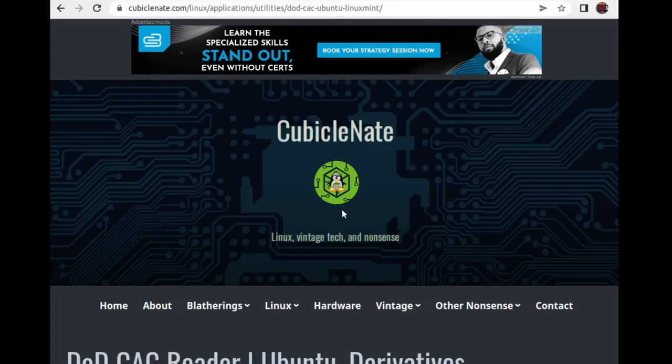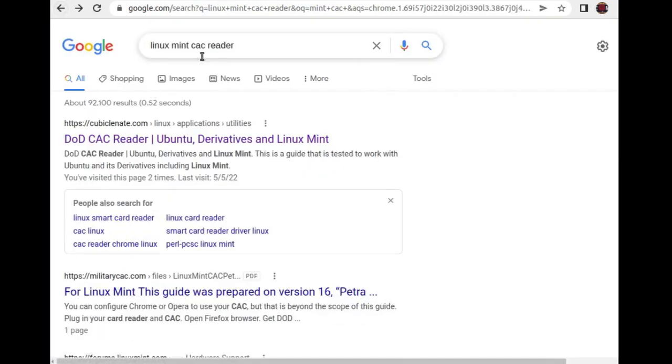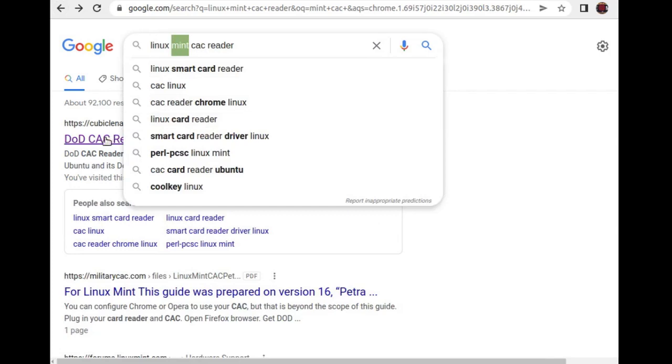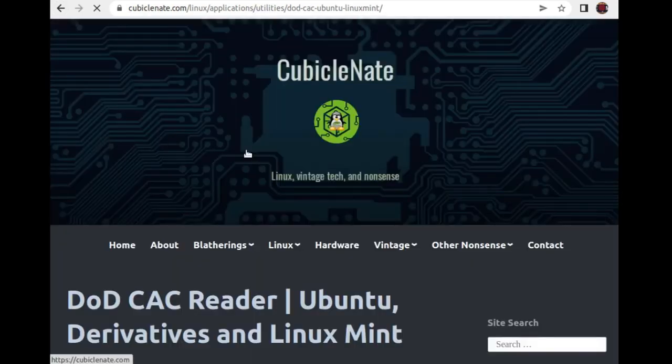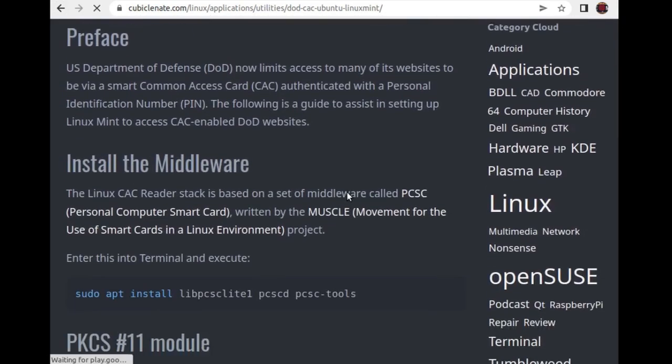Alright everybody, I was installing a CAC card reader for my computer in Linux, and I just thought, hey, you know what, I'm just gonna make it a video. Since I'm using Mint, to begin with, I just went ahead and installed Linux CAC card reader on Mint because that's the version that I'm using, and therefore I just went over here,